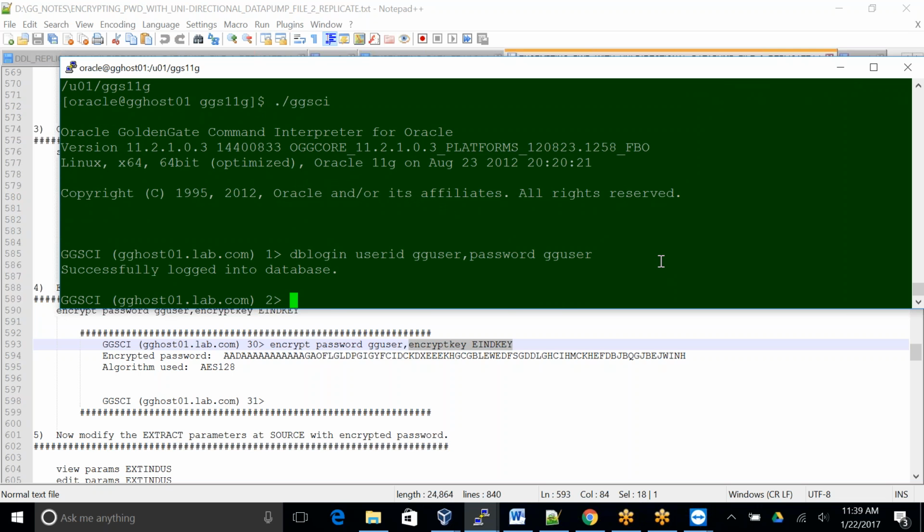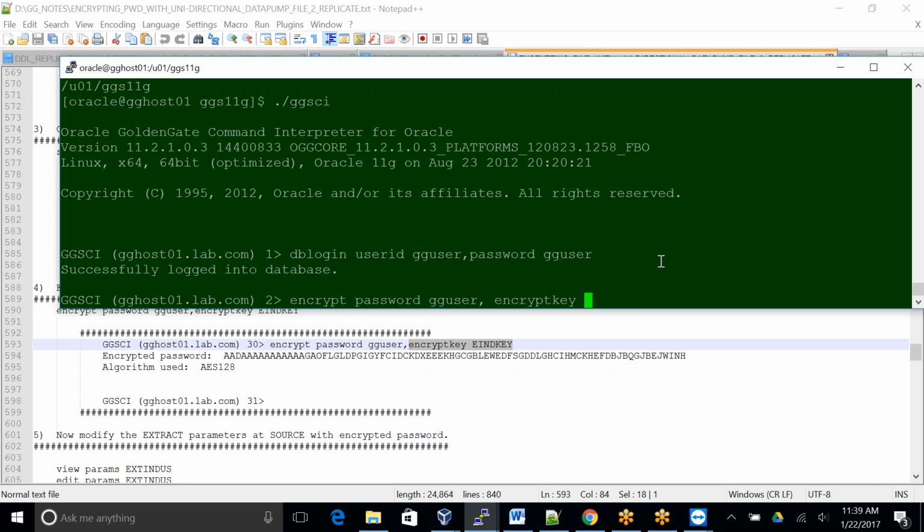Okay. Now I need to generate the encrypted password for our Golden Gate user. Encrypt password. So what is the password for my Golden Gate? GG user is my password, and I need to generate the encrypted password using which